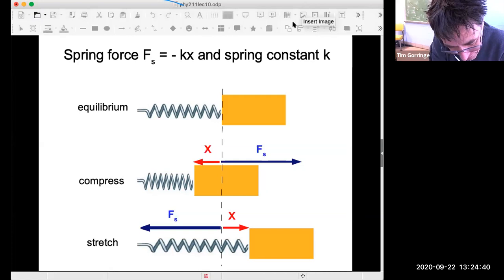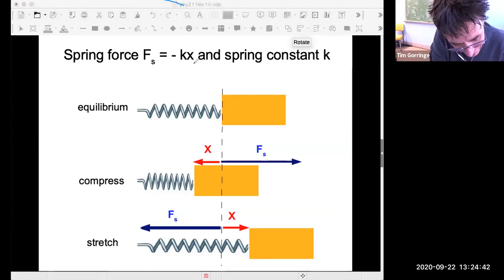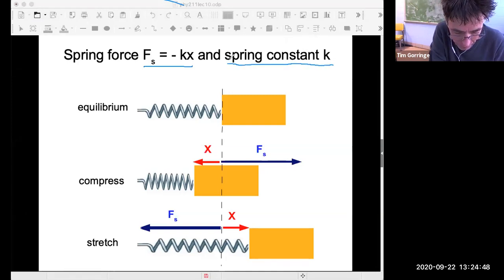Here's the equation for the spring force in terms of what we call the spring constant. So let me explain this equation for the spring force. Then we can go on and worry about the work that's done by the spring force, the stored spring energy, the release of spring energy, et cetera. So here's a spring